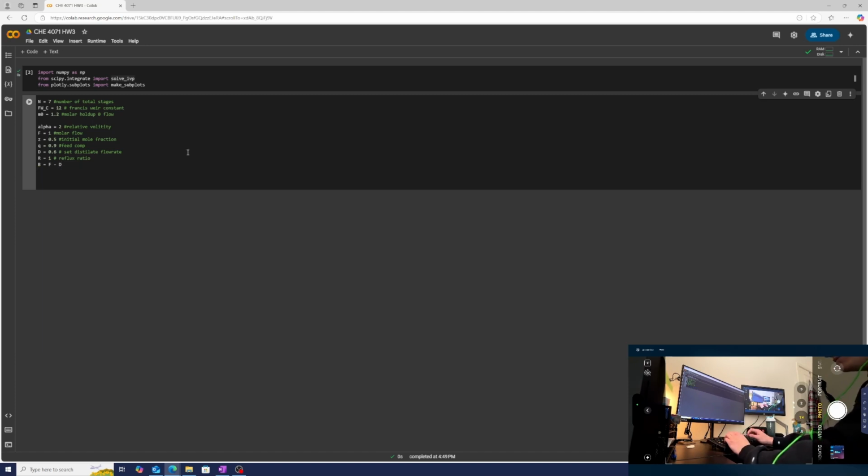And then we can move on to our liquid at the top. So this is going to be stages 1 and 2 primarily. And this is equal to our reflux ratio times our distillate. We know the molar holdup in this area using our Francis-Weir equation. So knowing what's flowing over, we can determine what our initial molar holdup of our top sections are going to be. So this is going to be equal to our LT divided by our Francis-Weir constant, WC,